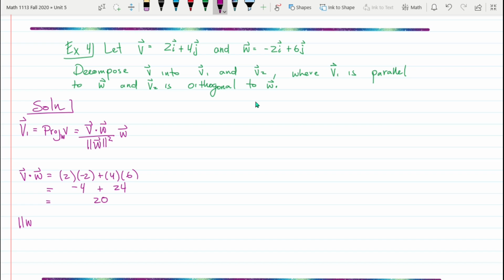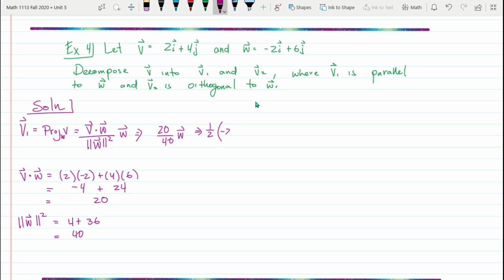The magnitude squared of w is going to be 4 plus 36. That equals 40. So we have 20 over 40 times vector w. So that is 1/2